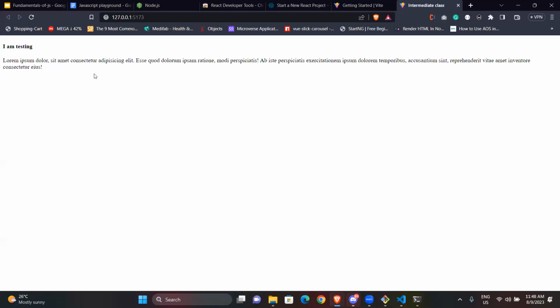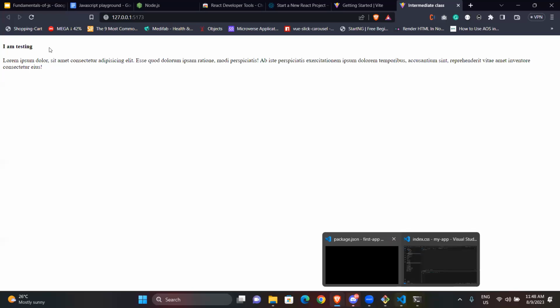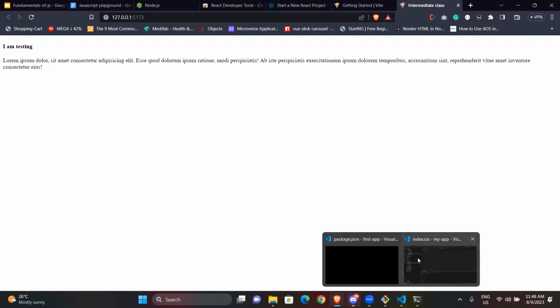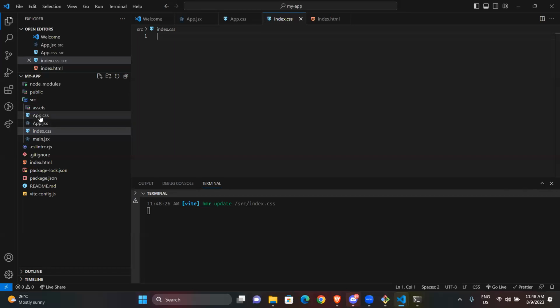So whatever you need to do, you can just do it inside. You can put your own style in by yourself and play around with it. This app.jsx has its own app.css.